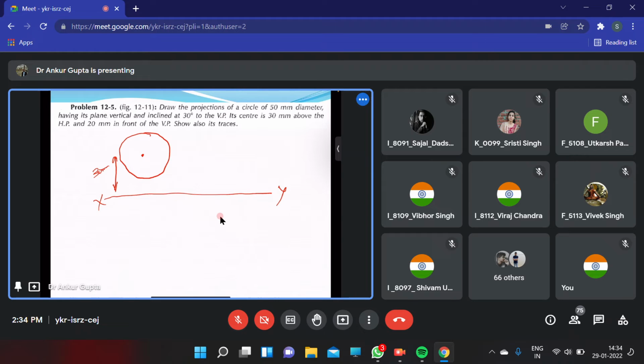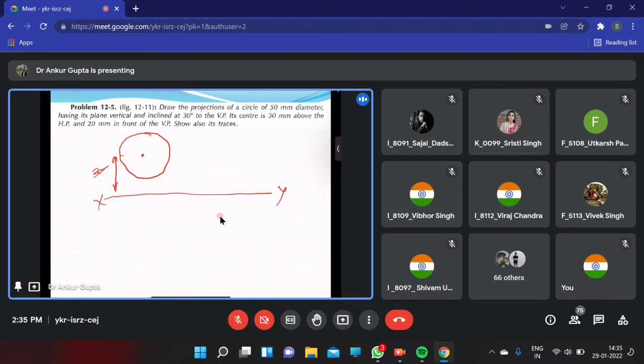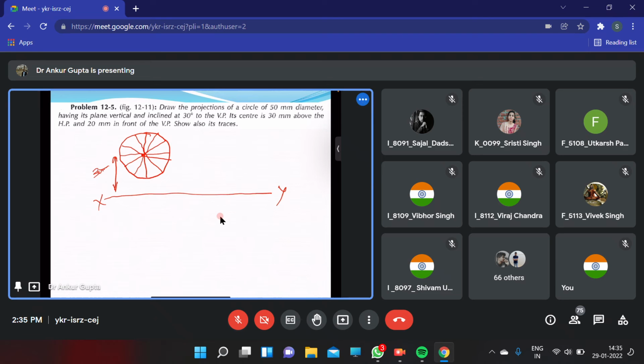ठीक है? So this is a true shape. Okay. So what do we do next? We divide it in 12 equal parts. I hope you have studied this. ठीक है? Now,